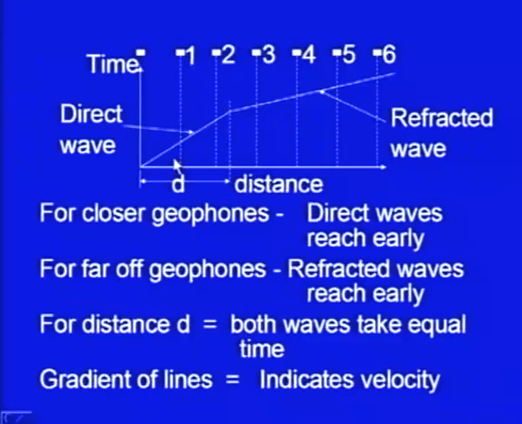And if you find the gradient of these lines, here it is distance and here it is time. The gradient is time divided by distance. If I take the inverse, then it is distance divided by time. So the gradient of this line is a measure of velocity. Distance per unit time is nothing but velocity. So the gradient gives you the idea about the velocity. From this curve we get this distance d,